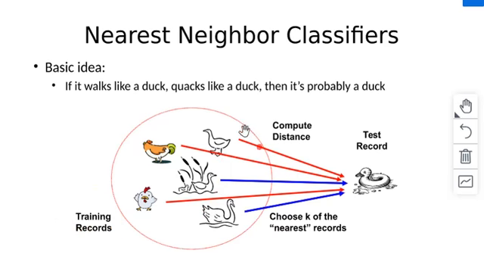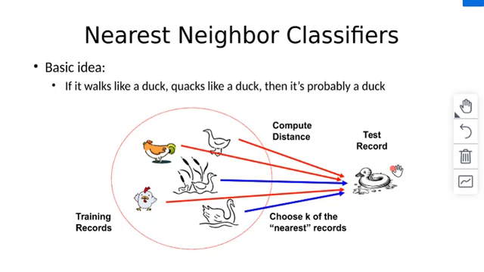In the training records we have a set of birds, a duck, then a cock. Like this we have a set of class labels. We can say the birds are classified into two categories, one is cock and another is duck. And this is a test record. A record can, in other words, be called an instance.